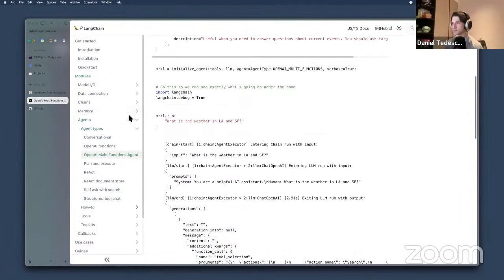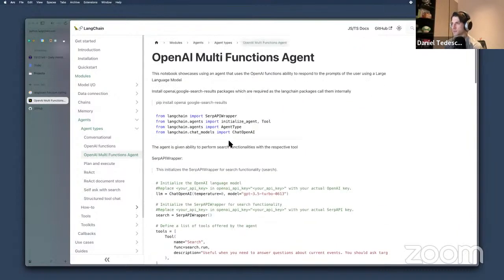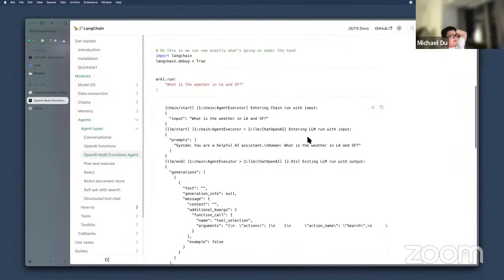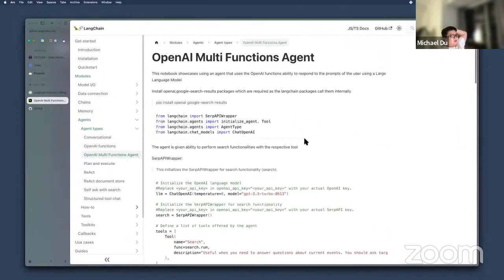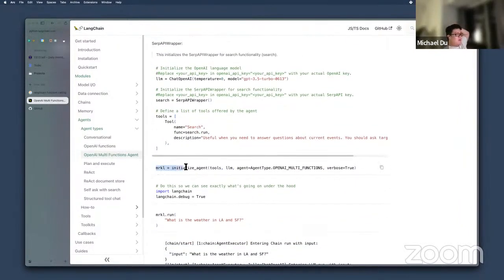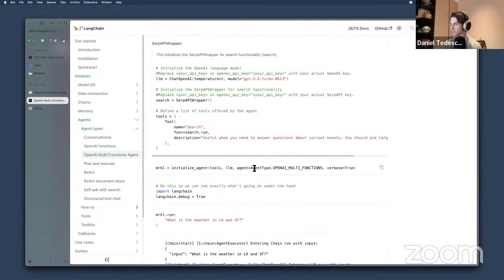I don't know what Merkle is, but it seems like another agent defined, I guess. I don't see it defined anywhere here. Oh, here, Merkle. Initialize agent. Oh, verbose true.